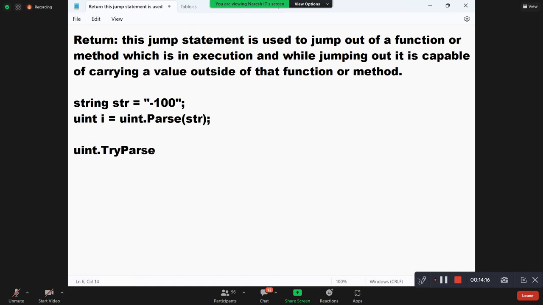So how to use it? Just like Parse, now we use TryParse. TryParse takes two parameters. The first parameter is the string you want to convert. The second parameter is the variable into which the converted value should come. Here you declared I, and I is the variable into which the converted value should come. Without declaring it separately, we declare it here